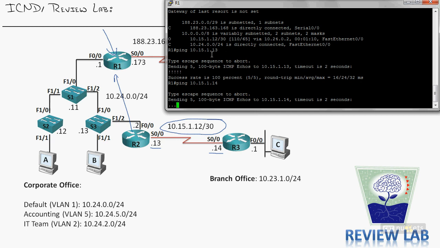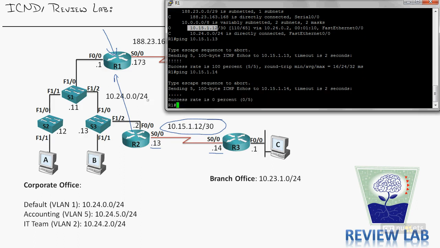Now, okay, wait a sec. If it knows about this network, 10.15.1.12, if it knows how to get to router 2, it should be able to get to this just fine. Is that true? Yes, it is. Actually, it is absolutely true. If we were to open Wireshark and do a packet sniff on this line, we would see the packets coming from router 1, hitting router 2, going to router 3, and what would happen when they get to router 3? They drop. Why? Well, because it's coming from a source IP address of